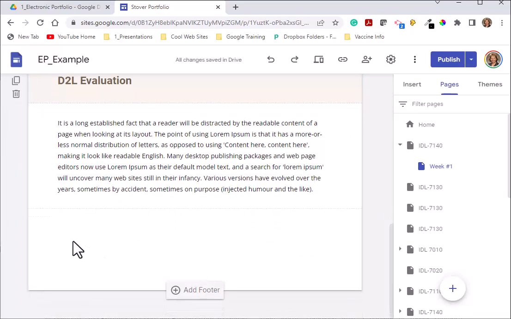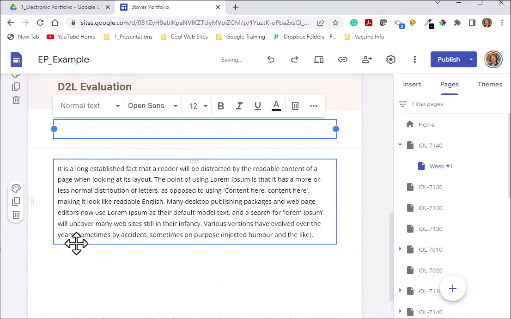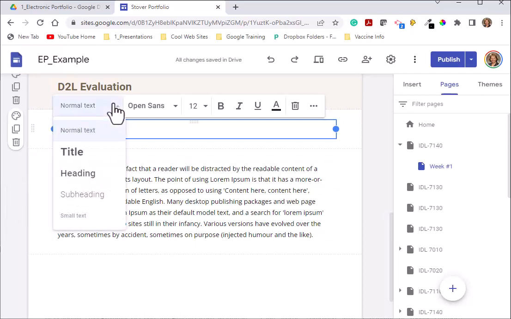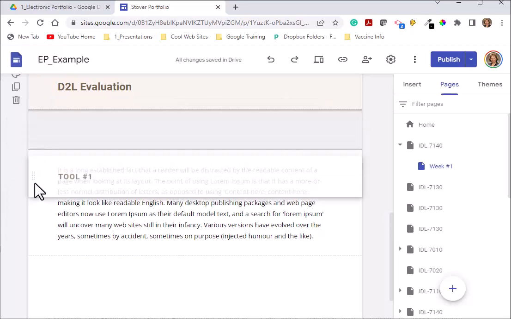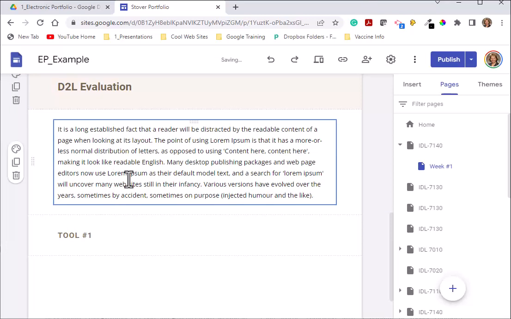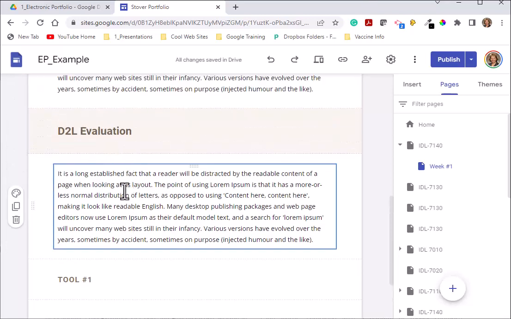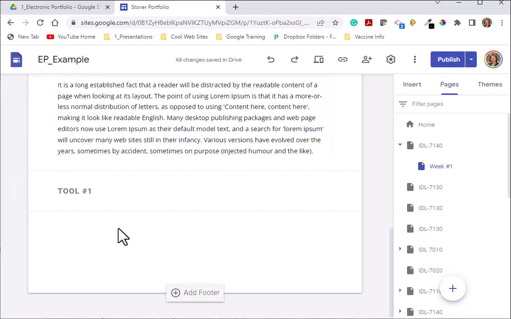Okay, so we are trying to put it down beneath here. Well, it's not wanting, we'll move it up again. So this would be tool number 1. And I'm going to change that from header to subheading. Do you see the little dots to the left? That allows us to move it. So here we have the D2L evaluation, a little bit of overview about it, and then we're going to evaluate tool